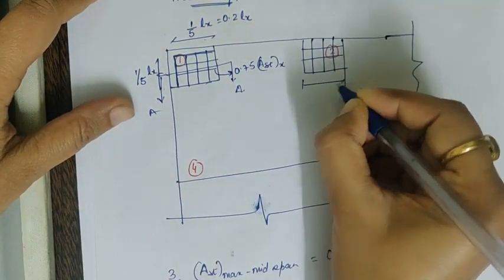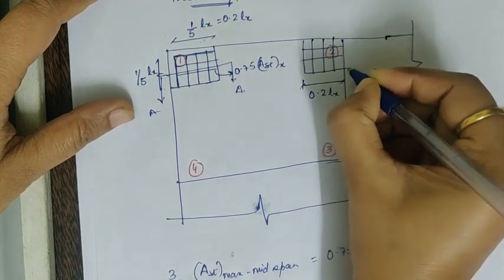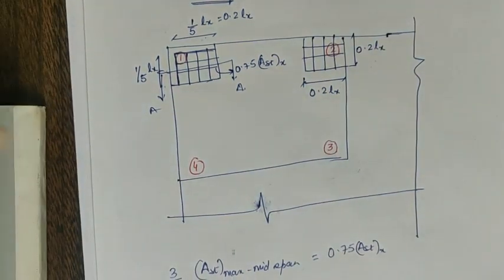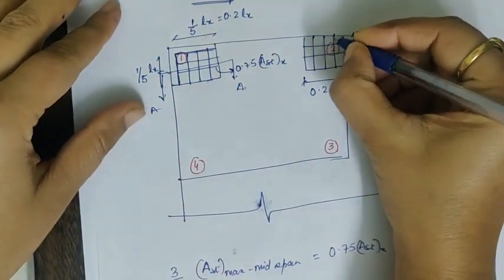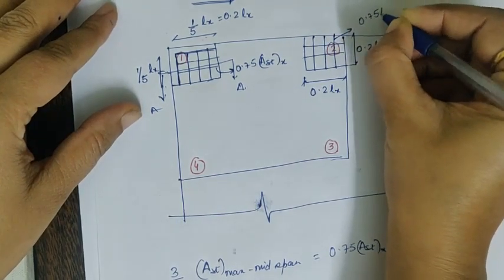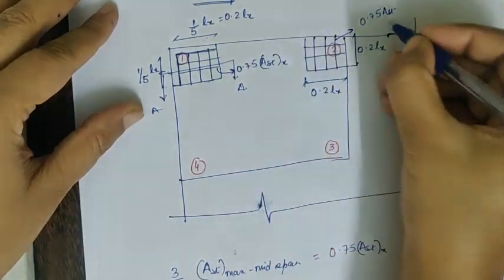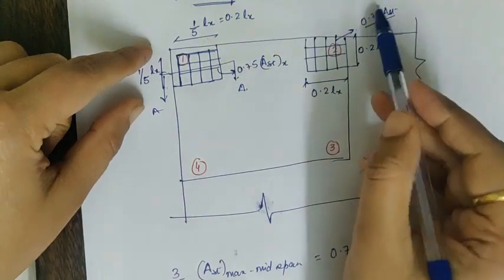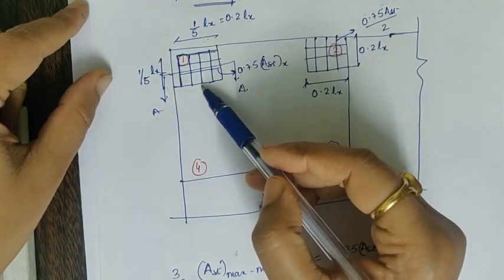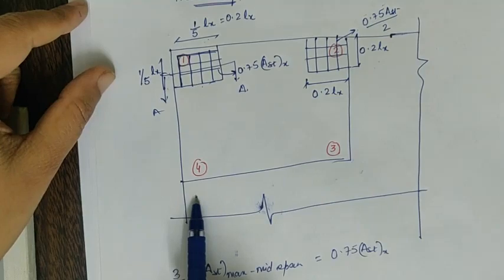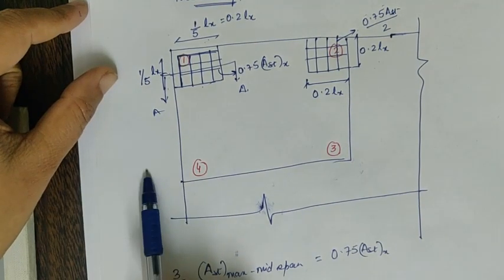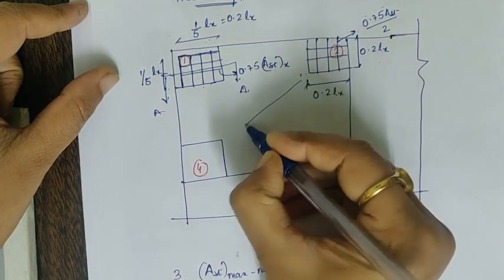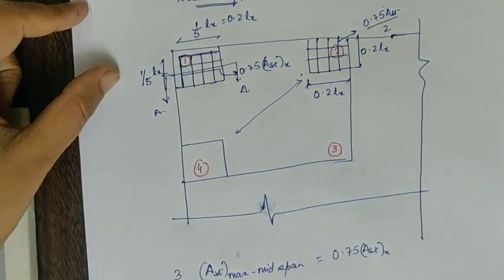Length of the torsion reinforcement will remain the same, 0.2 times Lx on both the sides. But the area of the reinforcement that we will provide, it will be 0.75 AST as it was there in this case, but it will be half that area. Same mesh, top and bottom, but now the area will be half the area that was provided in this case. Now look at this particular fourth corner. It is also the same corner, discontinuous on one side, continuous on one side. So the same thing as we have provided here, the same thing will be provided here.